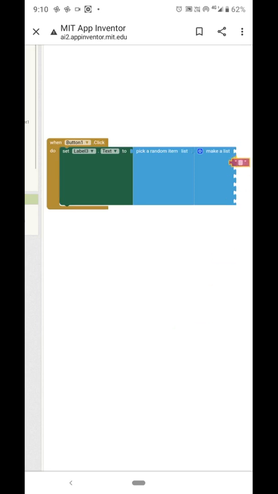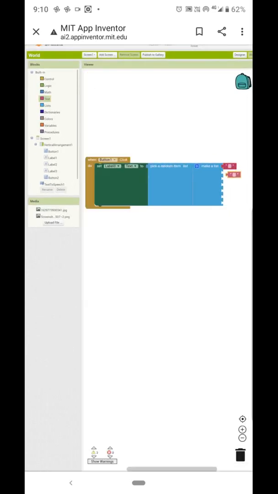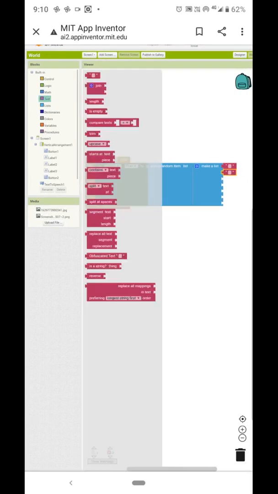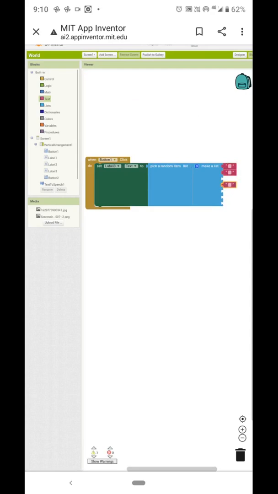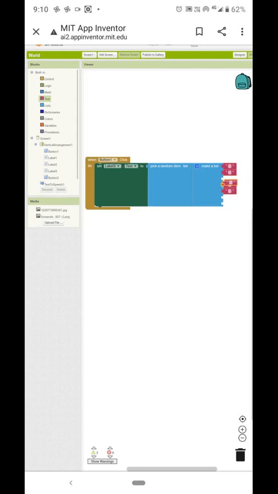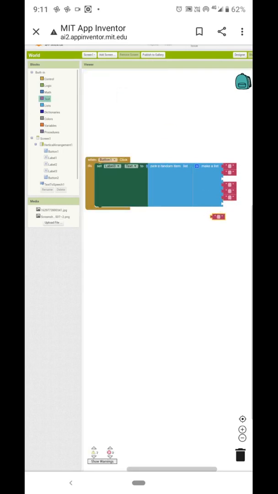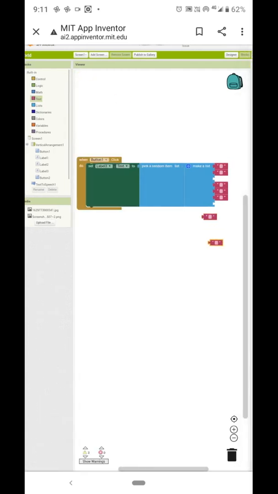Over. Now add the text blank box here. Here we will type all countries and monuments names.